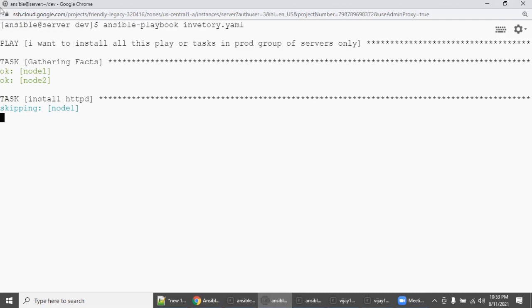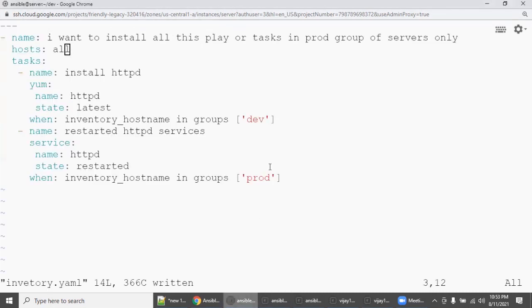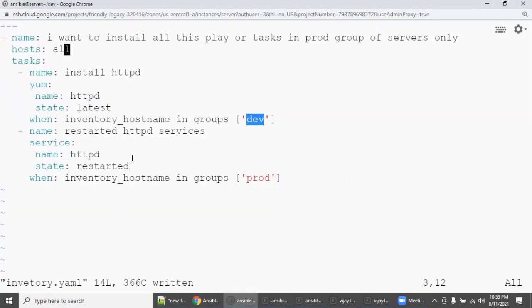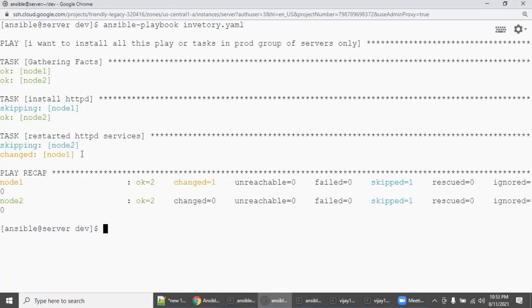Why? Because we have clearly mentioned dev, and node 1 is not part of the dev group. That is why it is implemented on node 2. And the second one, node 2 is skipping, see here, for production. Node 2 is not part of production. That is why it is happening like this.